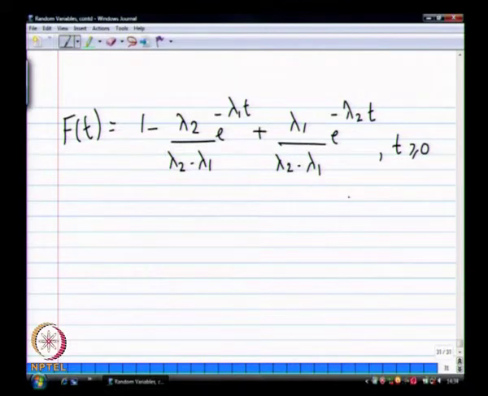So this is for a 2 stage process, right. Many times you have a 2 stage process. If I want a generalized n stage process, then it is